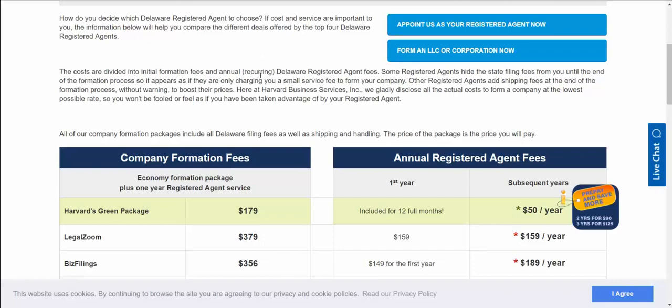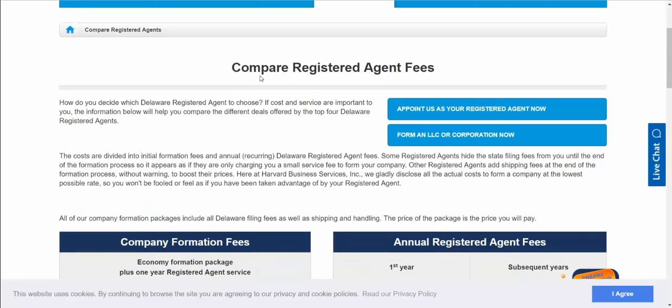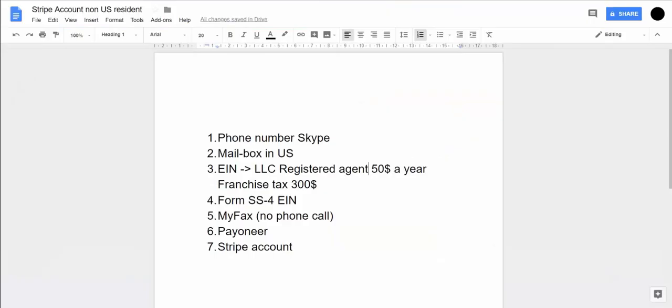So yeah, let's assume you already have your LLC established. The next thing you're gonna need to do, well, basically the entire sense of forming an LLC was to make you able to receive the EIN number, Employer Identification Number. To get the Employer Identification Number, you can choose one of these two ways. The first one requires more work from you guys. You will need to go to